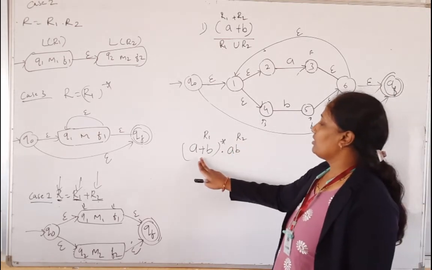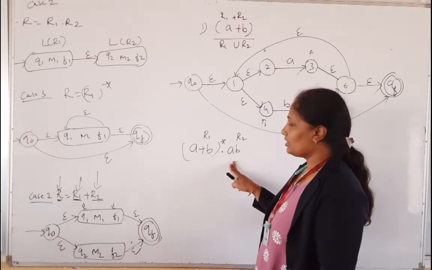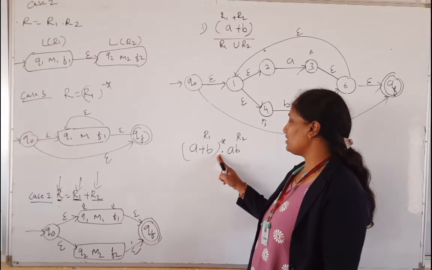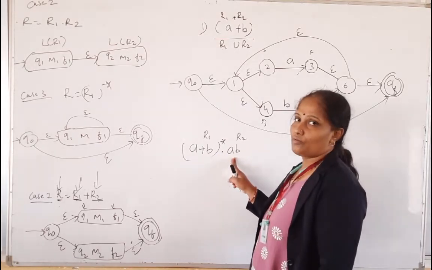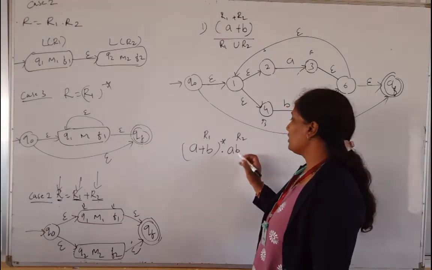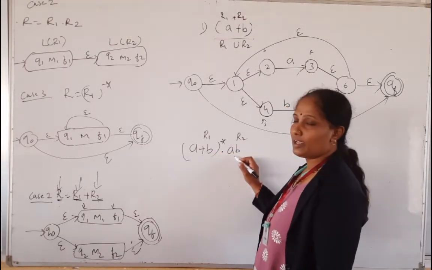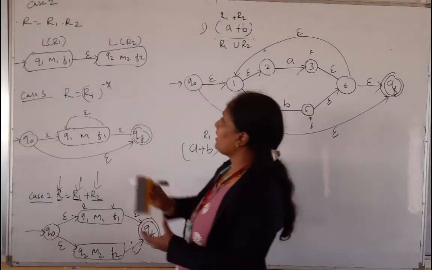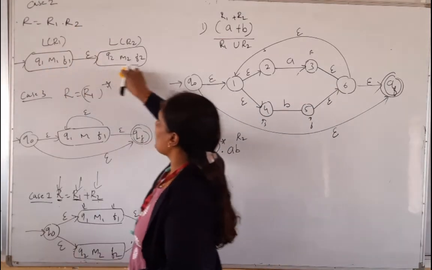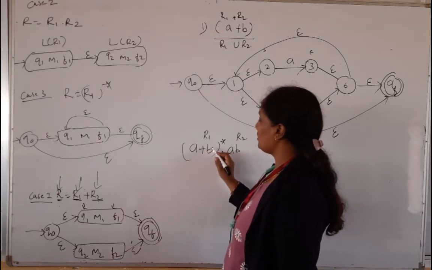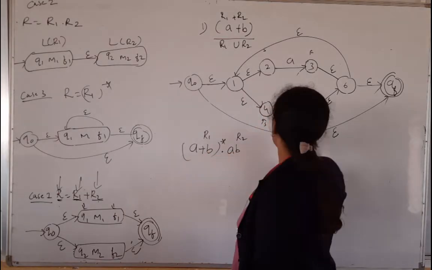Okay. So what is the regular expression here? It starts with 0 or any number of A's and B's, then followed by AB, or you can say the machine ends with AB. So this is my R1, this is my R2. So which case am I going to apply now? I am going to apply R1 dot R2. So this one I am going to apply.